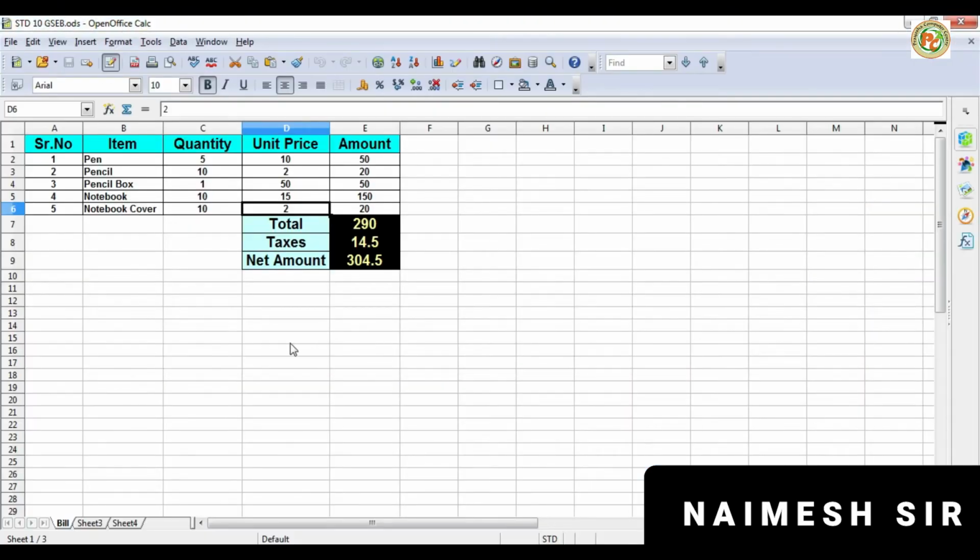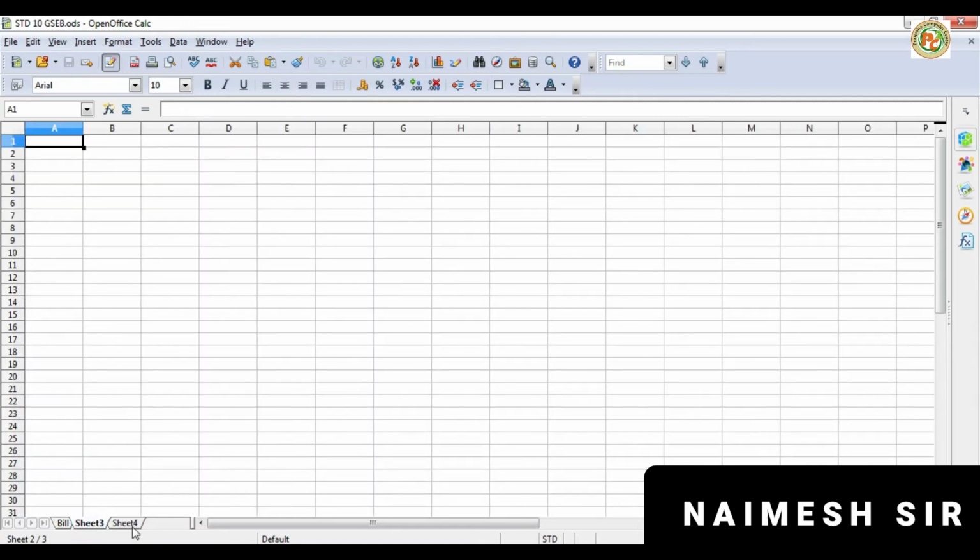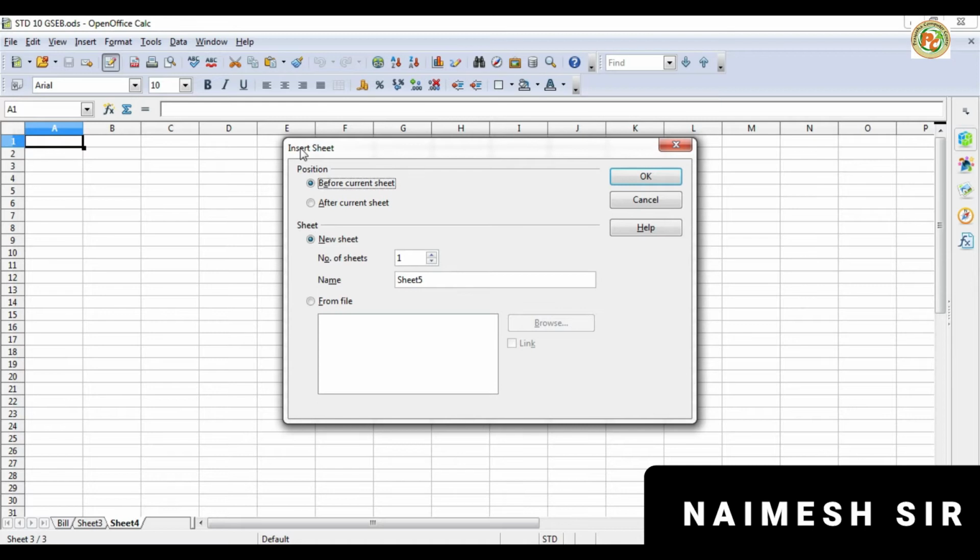In the previous session we have done this bill. Now we are going to create a new worksheet number 3. Here it is. Now I want to create a new sheet first, so I will click on this empty part, and it will ask us for the new sheet. I have two options, before current sheet and after current sheet. Our last selected sheet was sheet number 4, and if you want it before sheet number 4, it will be between 3 and 4, so we select before the current sheet. But if you want to insert after sheet number 4, then we have to click after current sheet. So it will be added after sheet number 4.